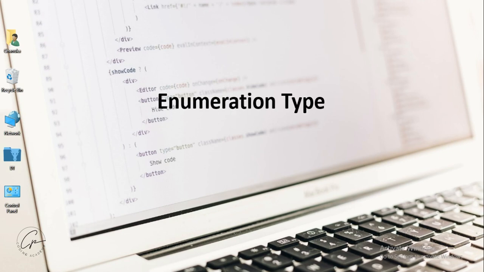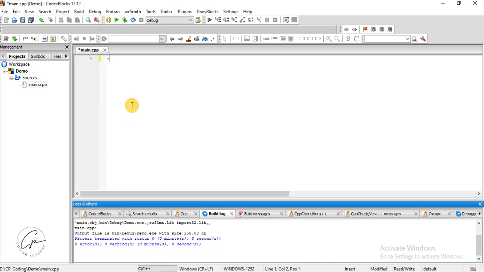Enumeration type. Enumeration is a user-defined variable type that enables the user to define values for the type. Enumerations are declared using the enum keyword followed by the enumeration name. An enumeration value has to be included inside curly braces. For example, enum working day, inside curly braces,